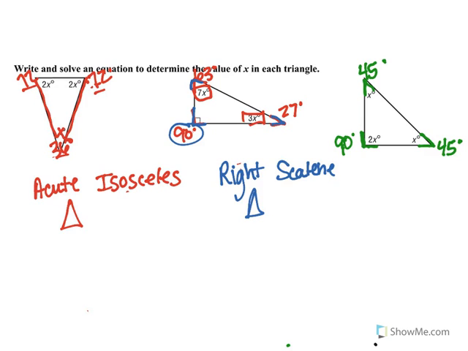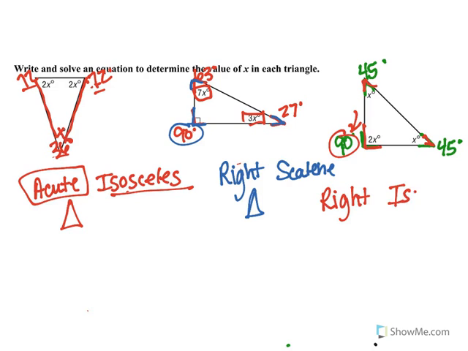Let's look at the third one. These two angles are the same, that means two sides are the same. So that's isosceles. And the largest angle is 90 degrees. So that's also called an isosceles triangle like this one. However, it is not acute like this one because this one actually has a right angle. So this is called a right isosceles